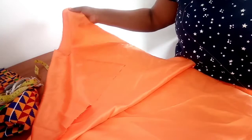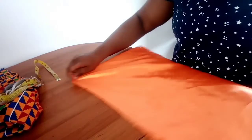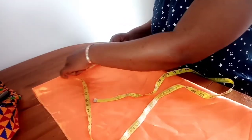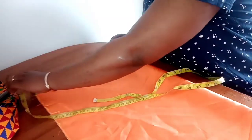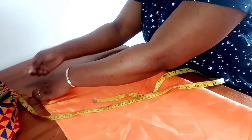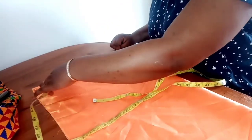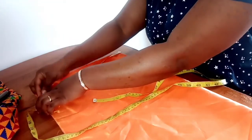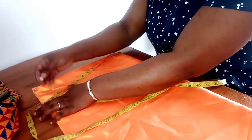I'll be folding my fabric into four. First of all, fold into two, then we fold over again into another two. That makes it into four. The length I'll be working with is 14 inches. I'll be taking the 14 inches round, noting the 14 inches, then I'll take each round. I'll be marking 14 inches round to form a circle,